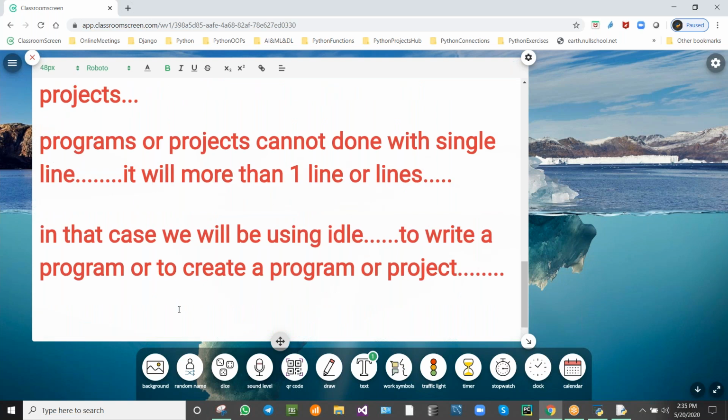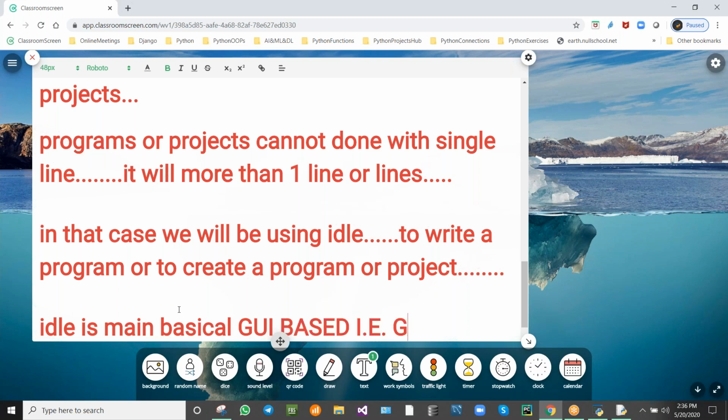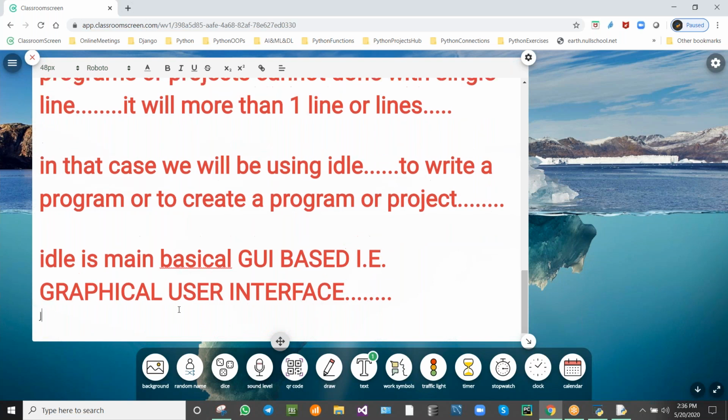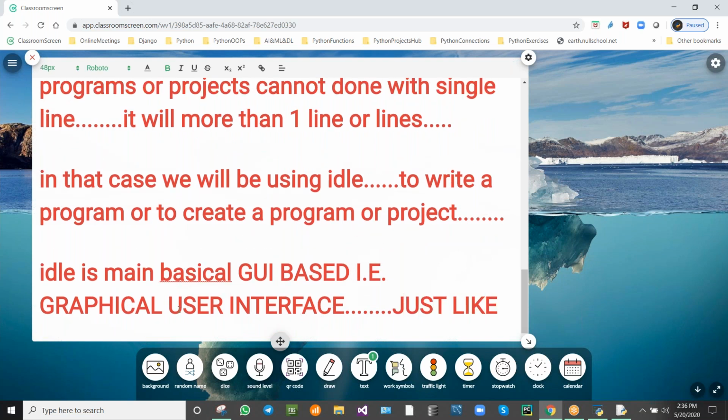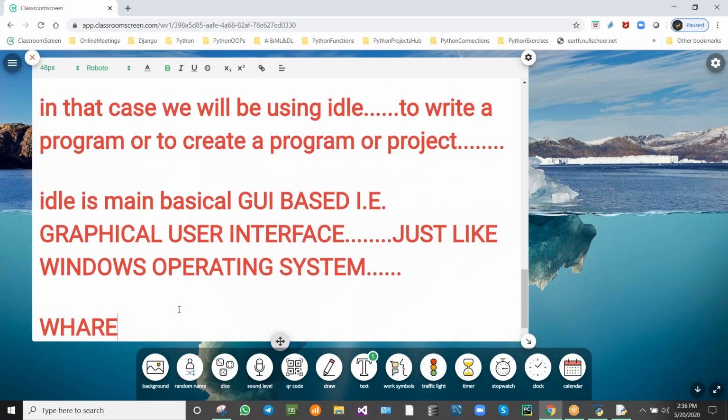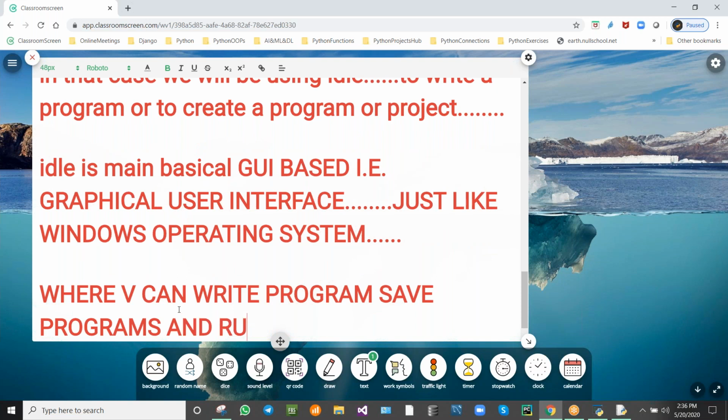So we will be writing the program. IDLE is mainly GUI based, that is graphical user interface, just like the Windows operating system, where we can write programs, save programs and run programs.